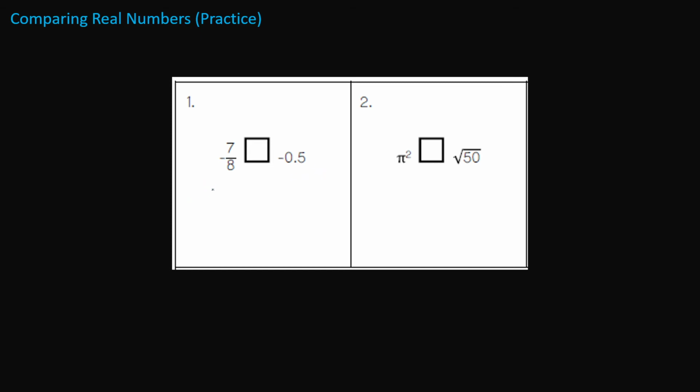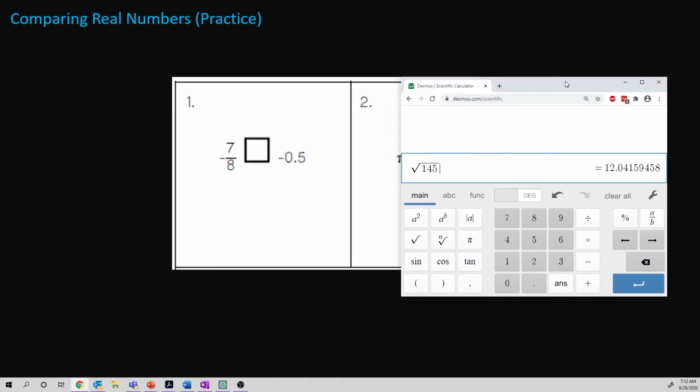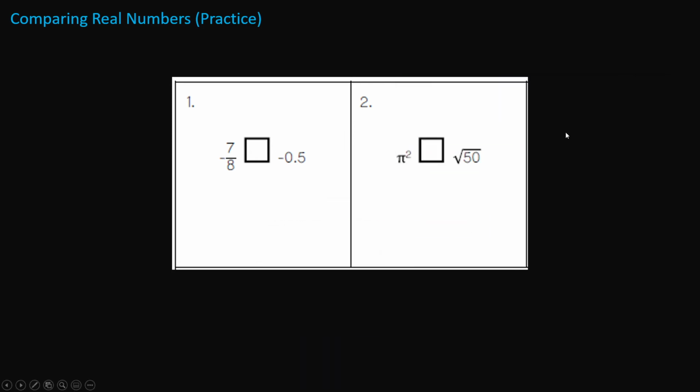Now I need to divide 7 by 8 to find the decimal for 7/8. We can use long division, but we can also supplement with a scientific calculator in this lesson. We should still know how to divide these two numbers here, but 7 divided by 8 would give us 0.875. And since this is negative, it would be negative